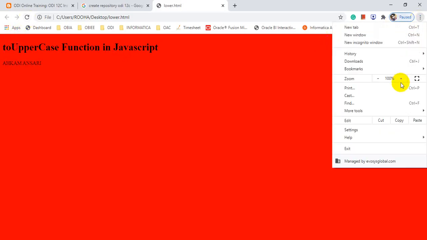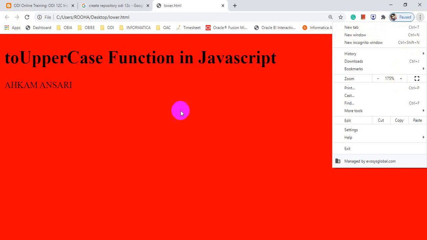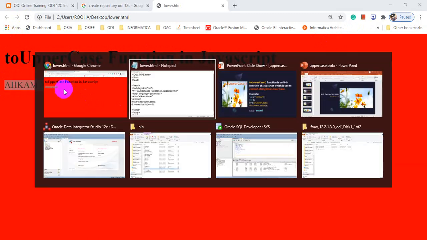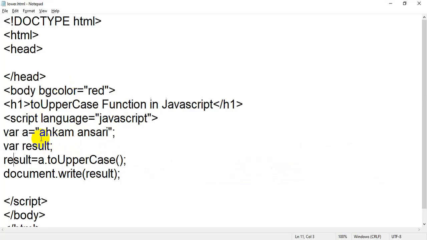Let me zoom in. See, you are getting the output Ahkam Ansari with all letters in capital. But initially, when you declared the variable, you passed it in small letters.